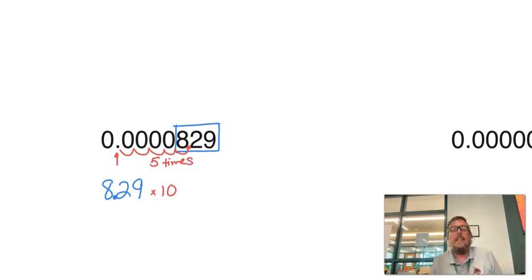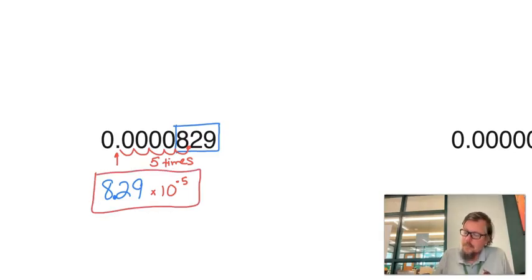So it's going to be 10 to the negative 5th power because we moved the decimal point to the left to make a very small number, 0.0000829, very small number. That's why it's to the negative power. Okay, so there it is in scientific notation. Okay, let's do another example. This one is